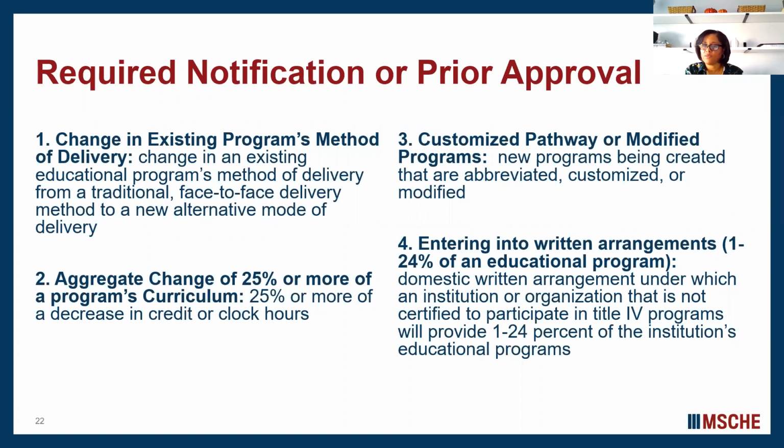Great. So that is abbreviated or customized or modified. So if an institution is authorized to offer master's level programs, but not graduate certificate programs, what type of substantive change would be required? So they're approved for the master's and they would like to include the graduate certificate. A graduate certificate, yes, would be considered